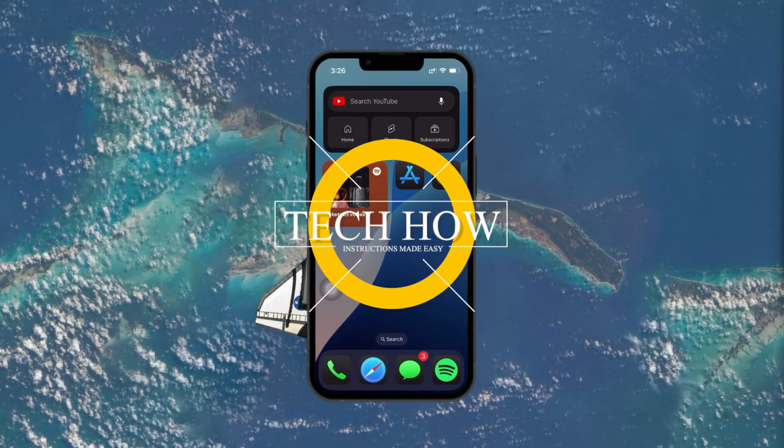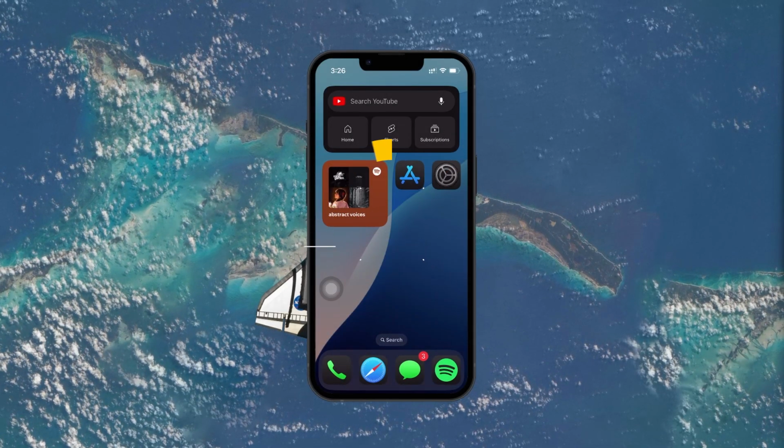What's up guys? In this tutorial, I will show you how to automate dark mode based on time on your